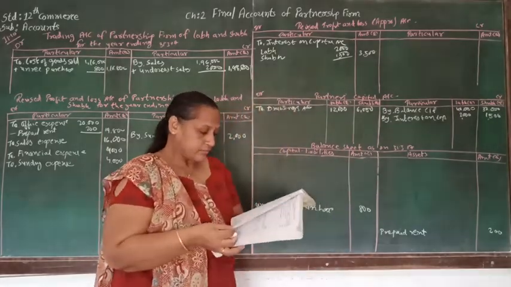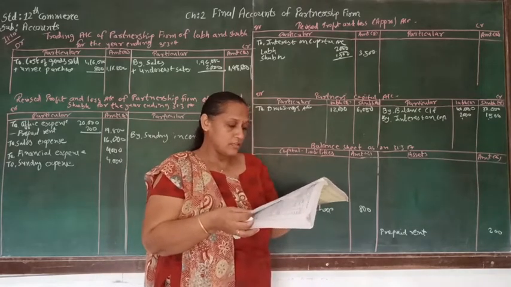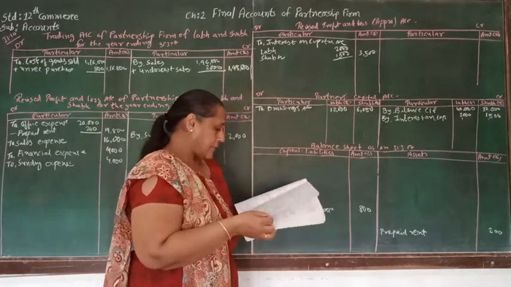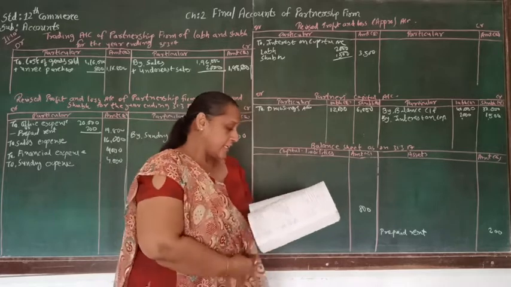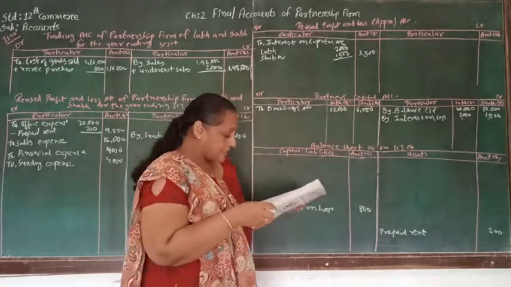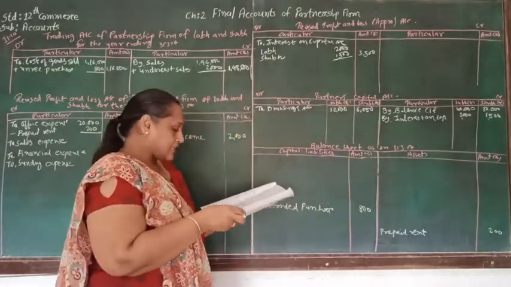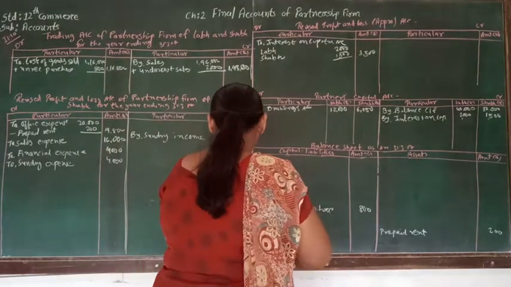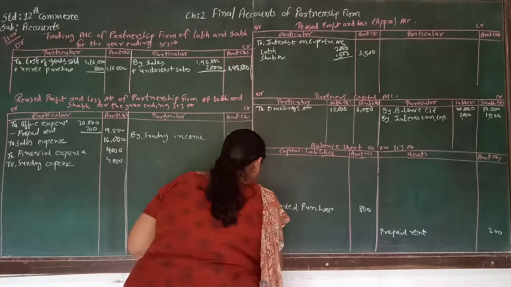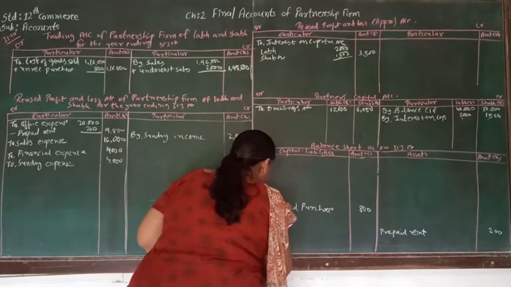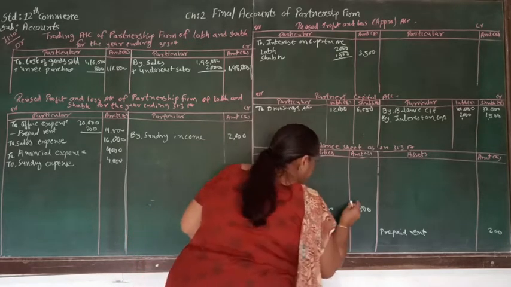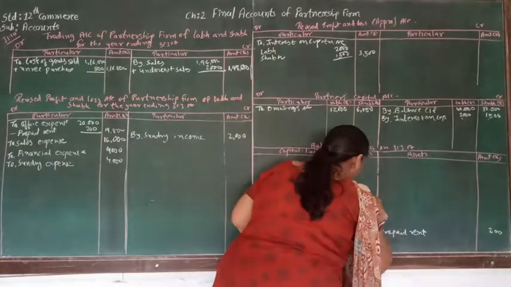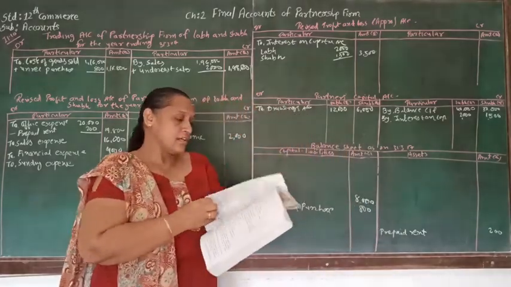So here we have already calculated interest on capital. Now, in the balance sheet credit side, capital and drawing we have already written, and interest on capital we have already made the adjustment of that. Now let's see the liability account. Here 8,000 is given to us. Straight we are going to write in the balance sheet liabilities, that is 8,000. So we are finished with the liability side of the balance sheet.